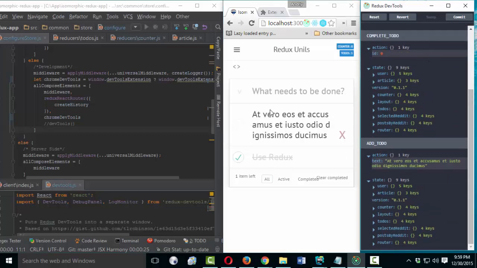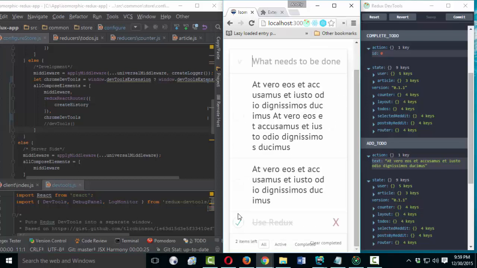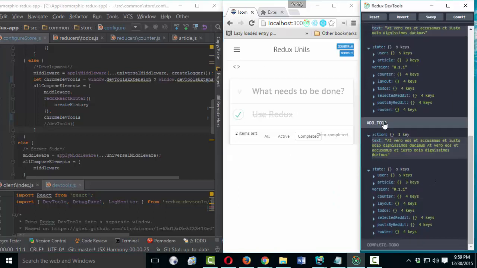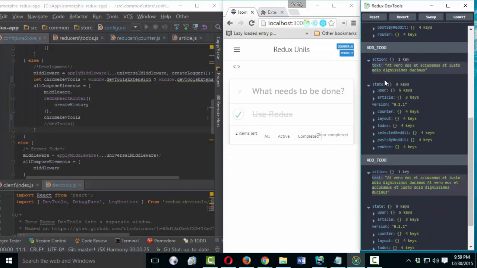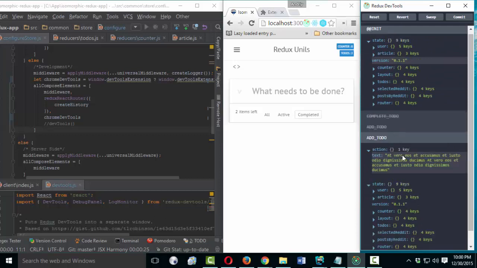I sweep and add another to-do. Enter. And I tell that I would like to show only completed. I can come back again. On each step, I have an action and a state tree created new for me. So that's why I have this functionality of traveling in time.